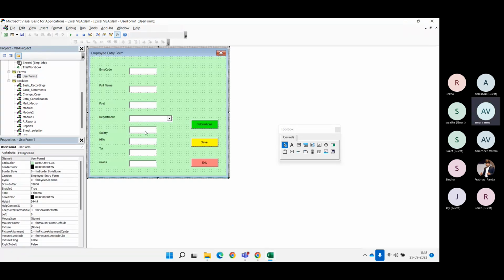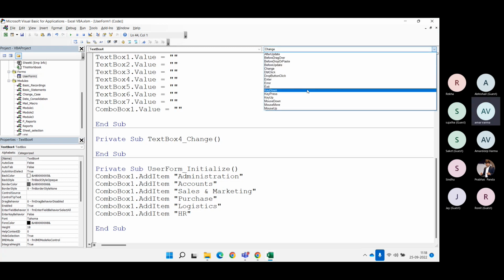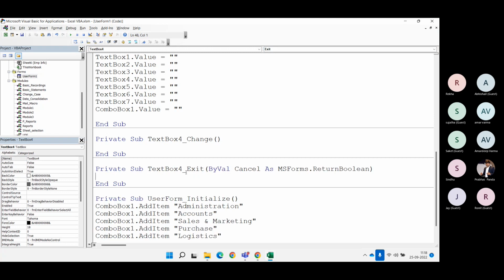So if I double click on this salary, we have a sub text box 4 change. So here I can give the check for the property. Now this should get activated when the user exits the text box. So we have an exit property also. So I can write here if